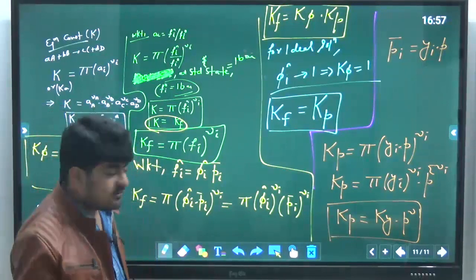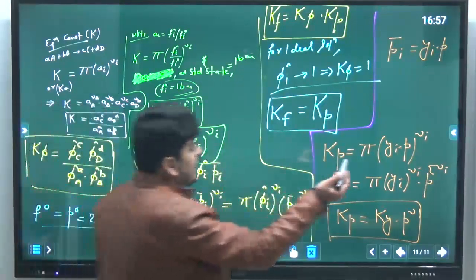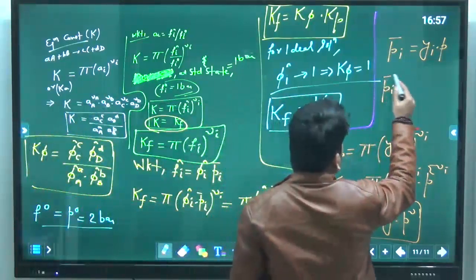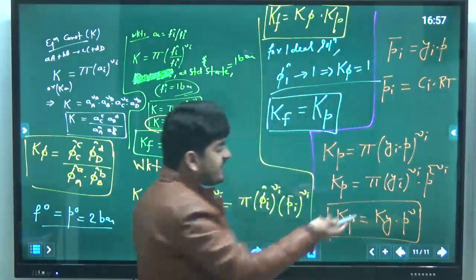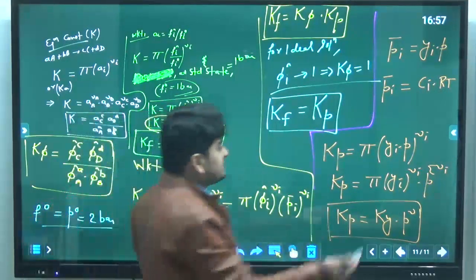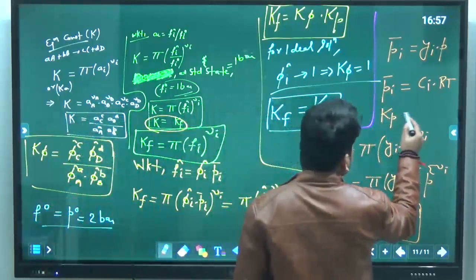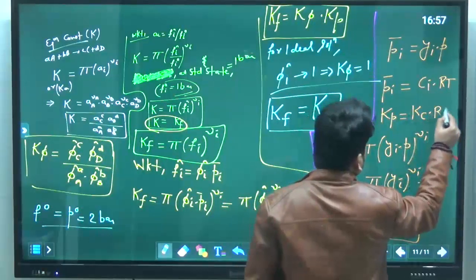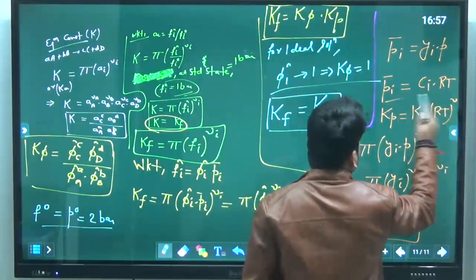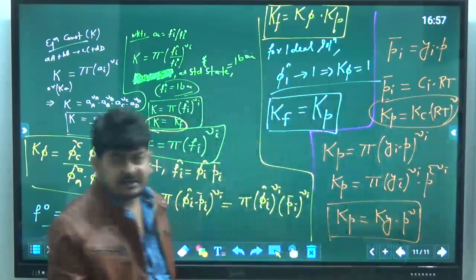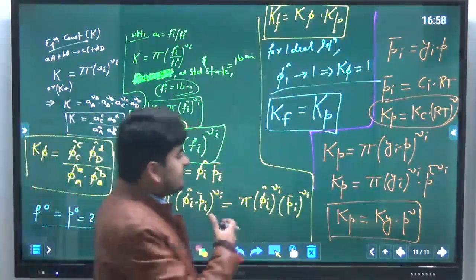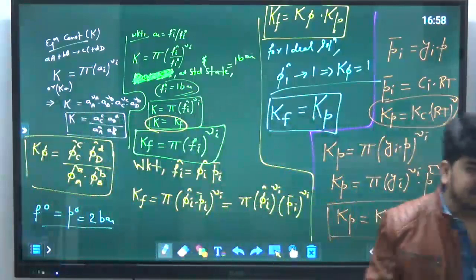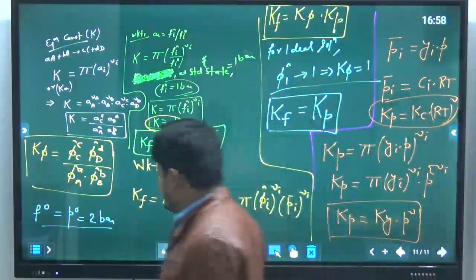If you want to calculate equilibrium constant in terms of concentration, similarly you can do that, as we know that Pi bar is equal to Ci into RT. So just put those values, you will get relation between Kp and Kc. That will be like Kp is equal to Kc into RT power nu. Okay, like that you can calculate, and Kc will be the product summation Ci power nu. So these are the different forms of equilibrium constant. I hope it is clear to all of you and you can use them as per your convenience. Okay.